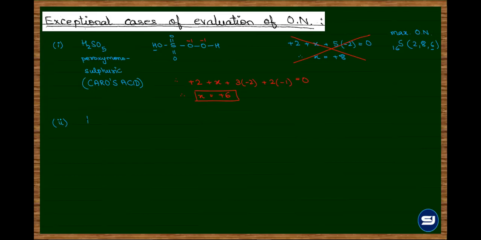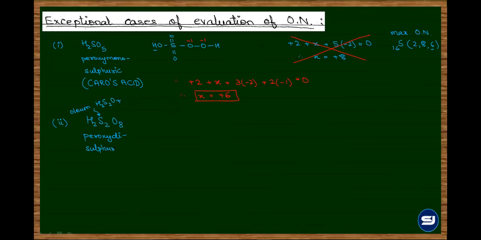Similarly, we have one more acid, H2S2O8. Can I say this is an extended form of H2S2O7, oleum? Today itself we saw oleum, H2SO4.SO3. So we can call it an extended form. And since this is an extended version, this is also a peroxy acid. But now we call this peroxy disulfuric acid.